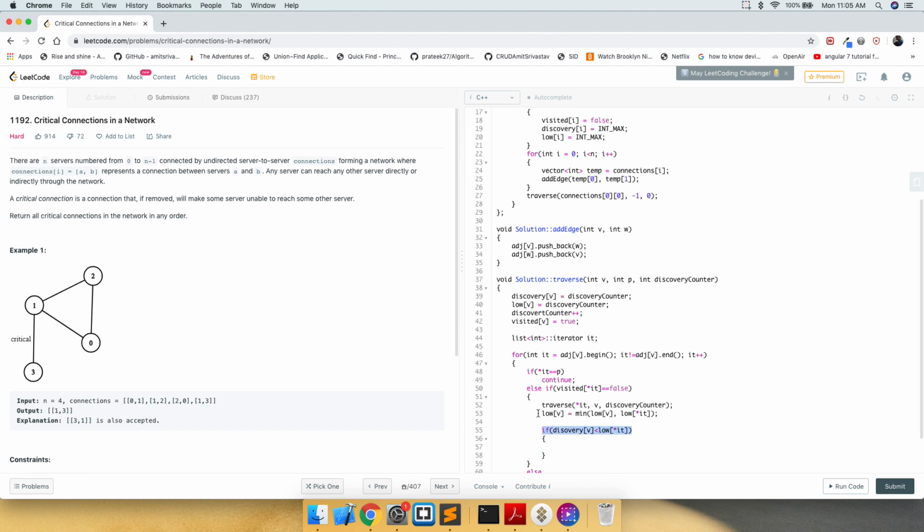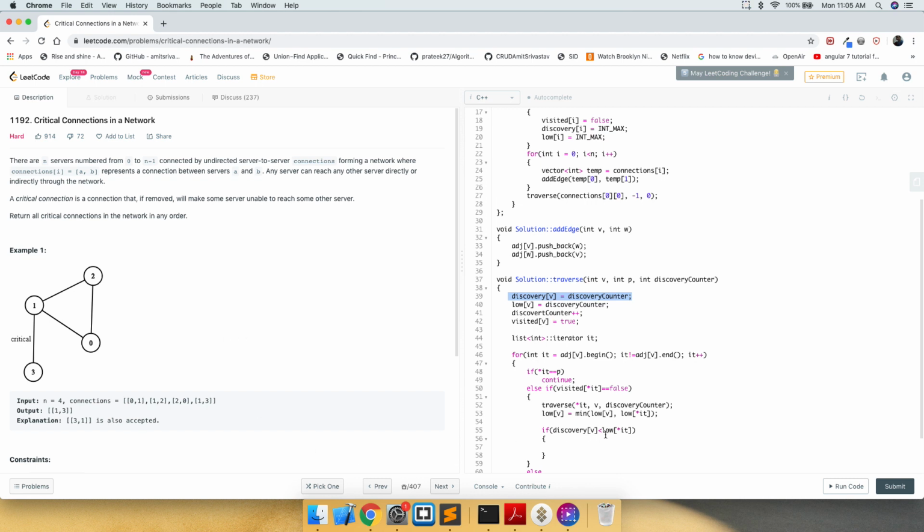What it means is that, if the discovery time for vertex i, or in this case 1, is less than the low time of vertex 3, since as I explained 3's low would not be updated because there is no other connection, but would only be set once, through the discovery counter.